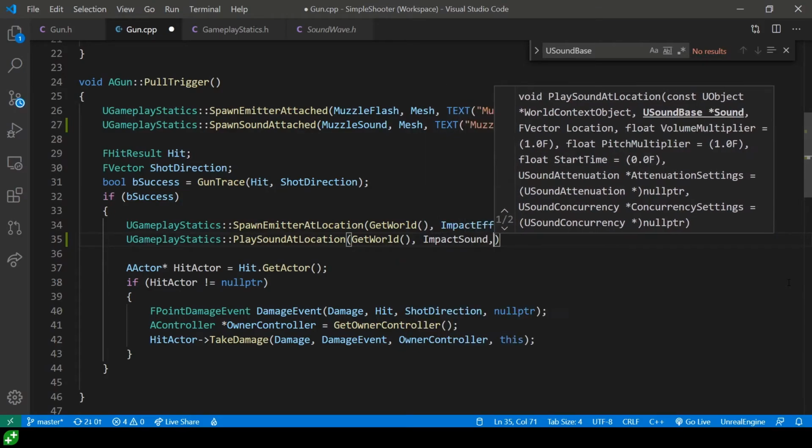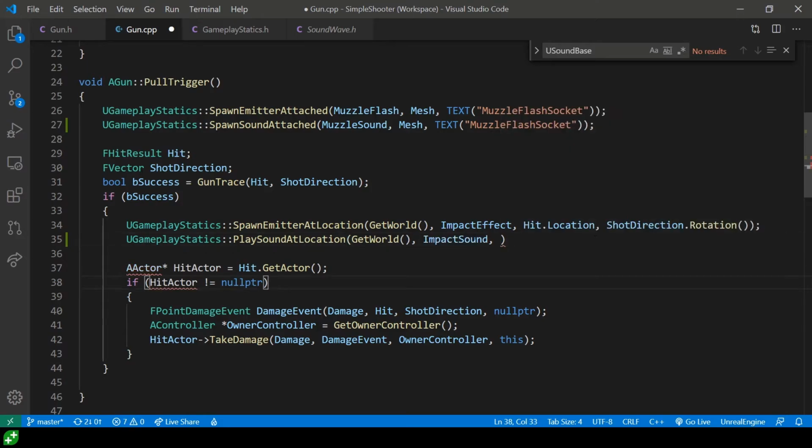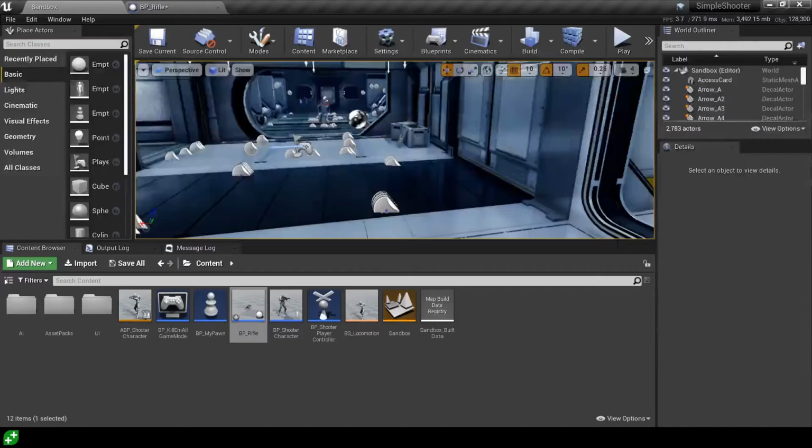And then we need to give it a location to play the sound at, which is going to be the same as the location for doing our particle effect. And direction doesn't matter in this case, because our sound is going to be the same in all directions. Put a semicolon on the end of that line and go and compile it and head over to the BP rifle